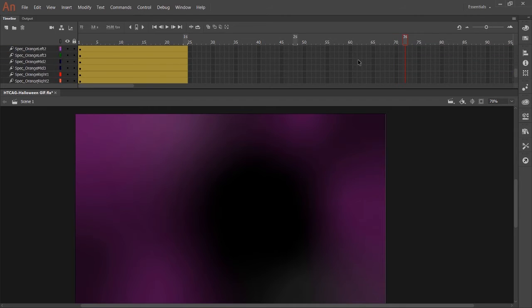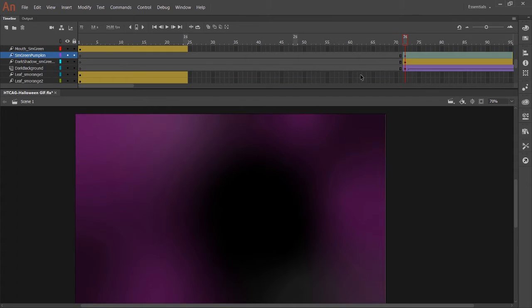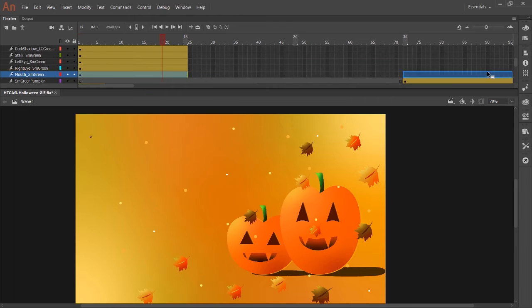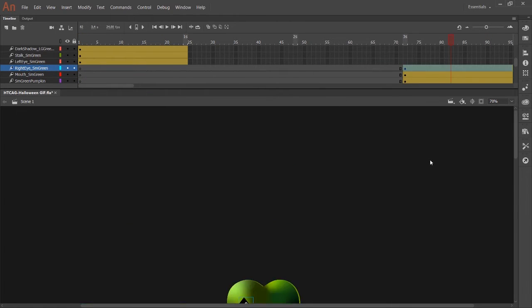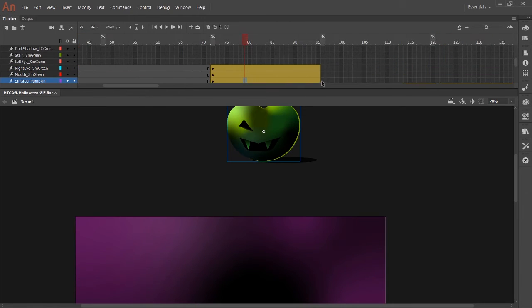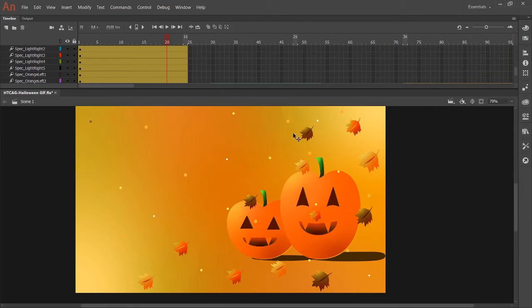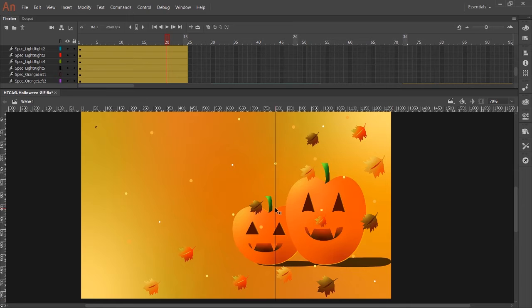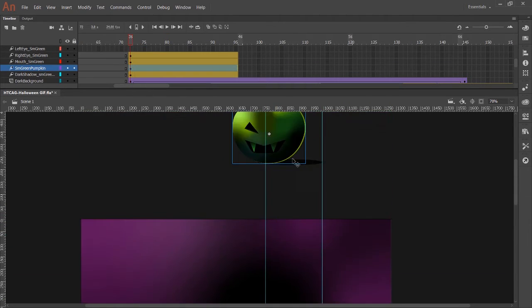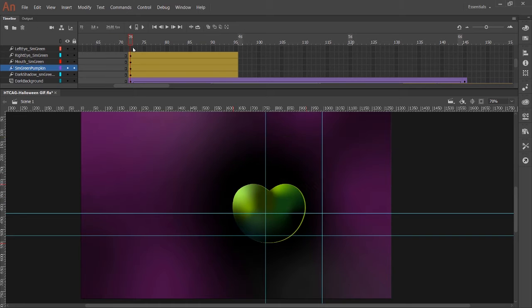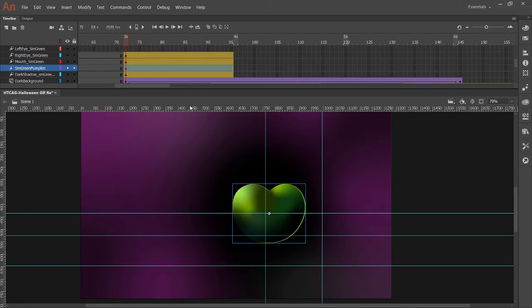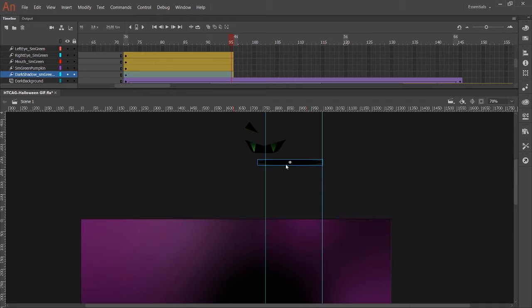In order to extend the tween like I have done, you are going to hover over the end and click and drag with the mouse to the desired time length. I say time length because sometimes it's easier to see the time slots than it is to pay attention to what frame number you are on. With this, I ended up choosing 3 seconds or 72 frames if you prefer to work in frames. Do this for each tween for your short,